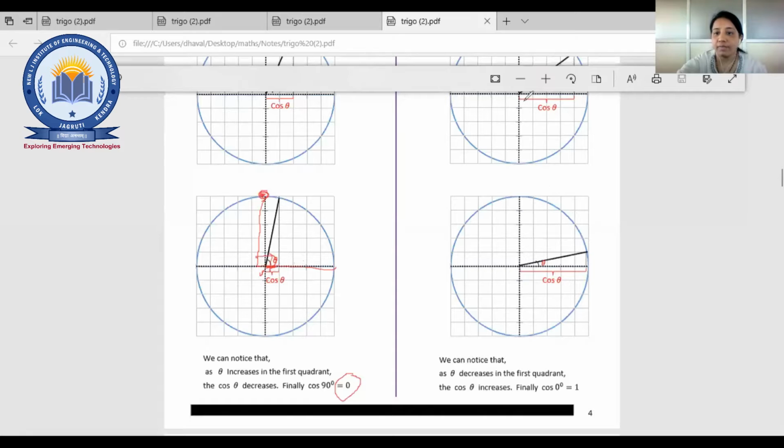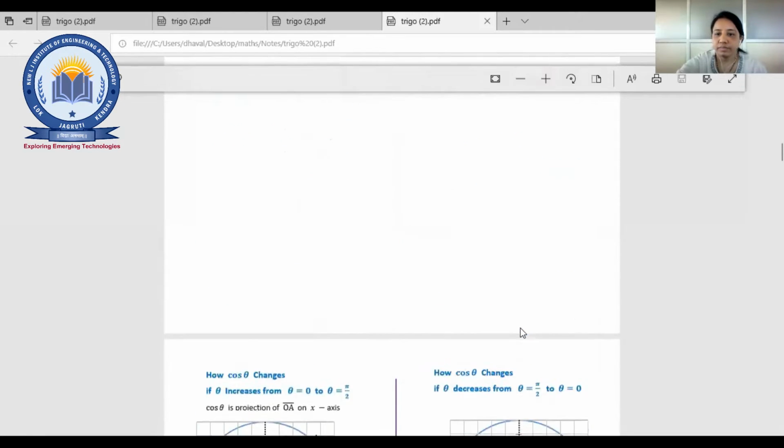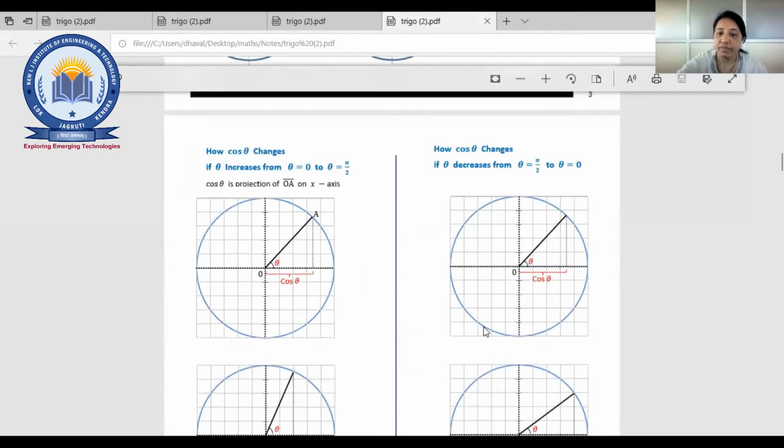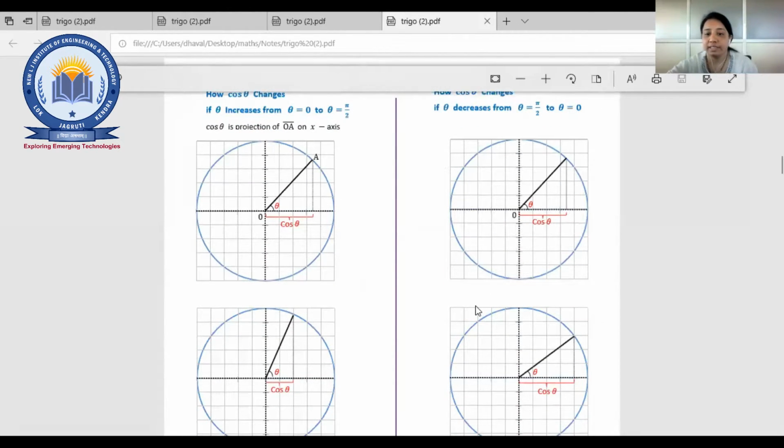Same way you can derive it for the cos theta when the theta will be decreasing, that will be here in this figure, right? Theta is from pi by 2 to 0. So what happened? First, the theta will be here. That means pi by 2. Now, theta is here again at 45, for example, right? Now, it will be decreasing. So, maybe it is 35, right?